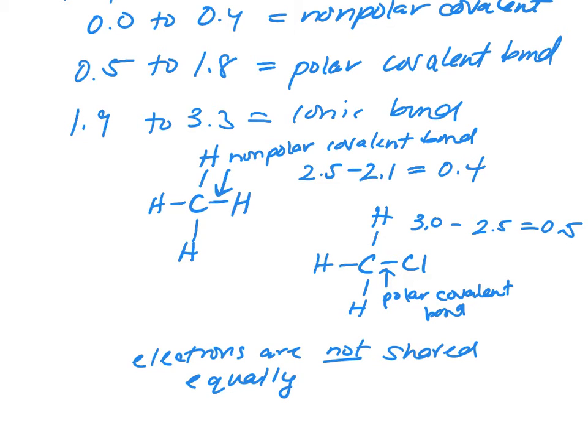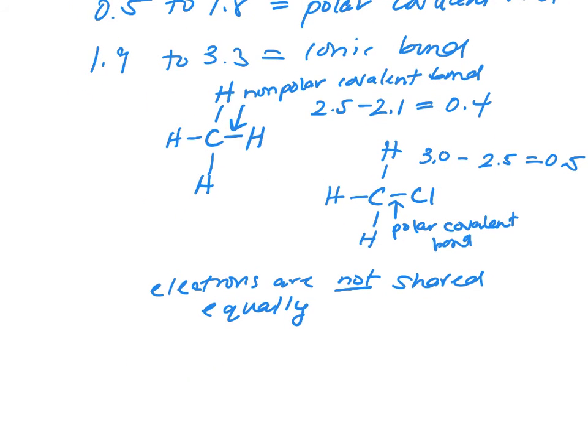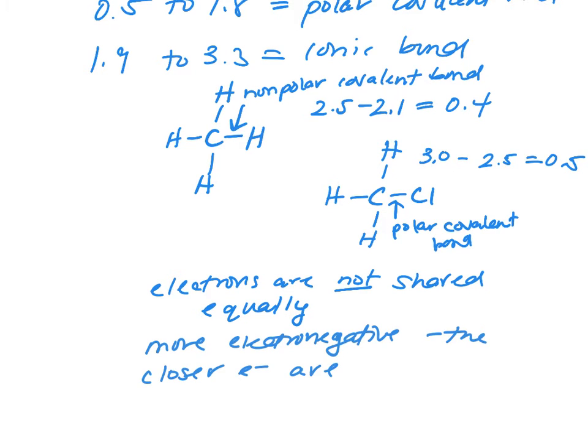Now, the more electronegative the atom, the closer the electrons are. So if we were to look at where the electrons would be closest, we would see that they would be closest to this chlorine. So this chlorine would have what's called a delta negative or a partial negative